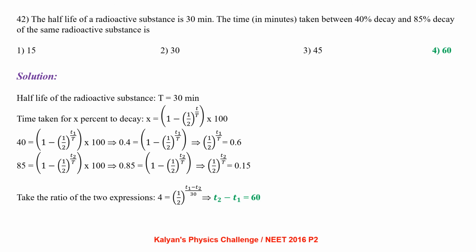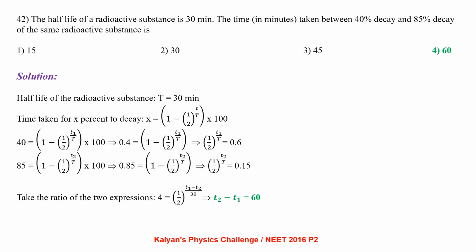The half-life of a radioactive substance is 30 minutes. The time in minutes taken between 40% of decay and 85% of decay of the same radioactive substance is? The half-life of the substance is given to be 30 minutes. Time taken for x% of the substance to decay is given by 1 minus (1 by 2) whole power t by T into 100, where small t is the time of decay and capital T is the half-life of the